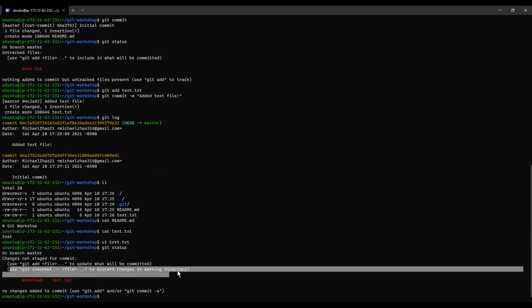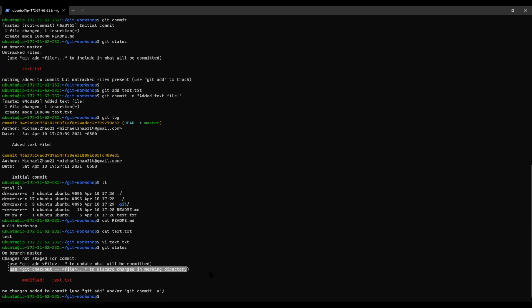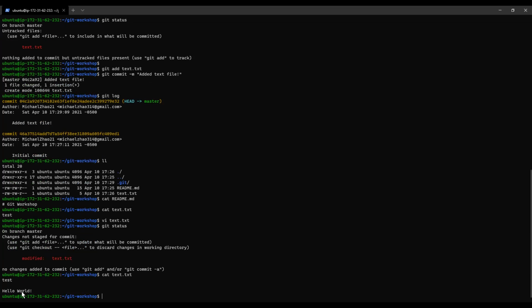And then actually, this is a very interesting thing, right? Let's say you made a bunch of gross changes that you didn't want to keep. I will show this right now. cat is the command that I use to print things out. Right now the file contents is test, or when I committed, it was only test, right? And then I added a space and a hello world. So now I'm going to use git checkout